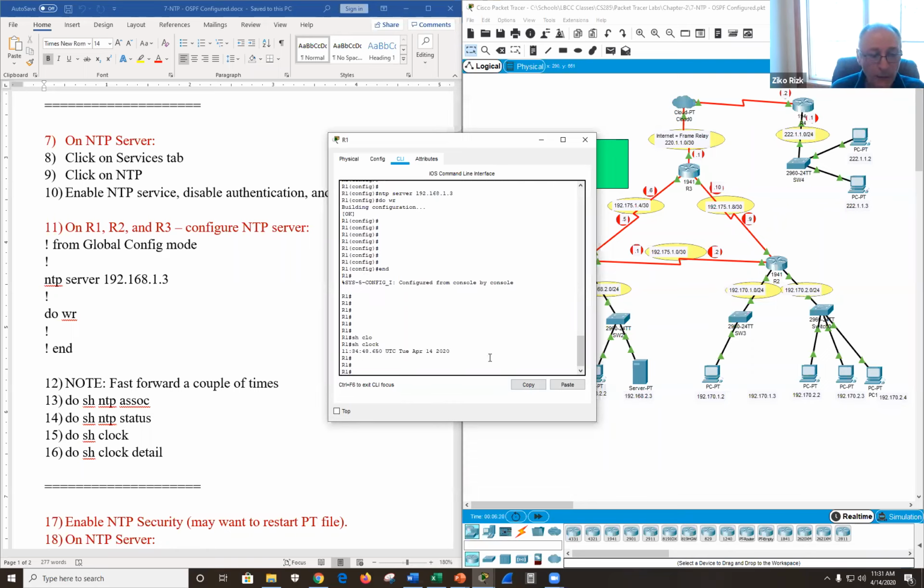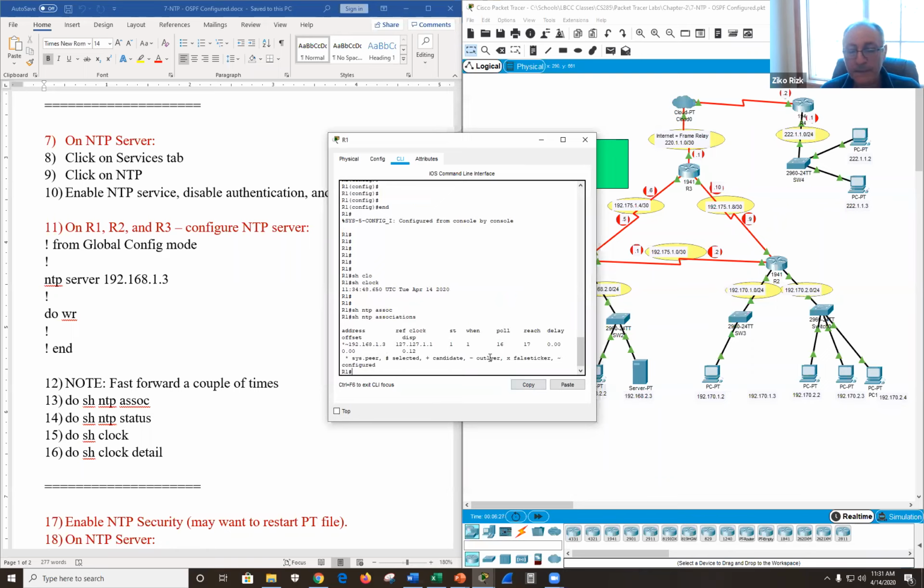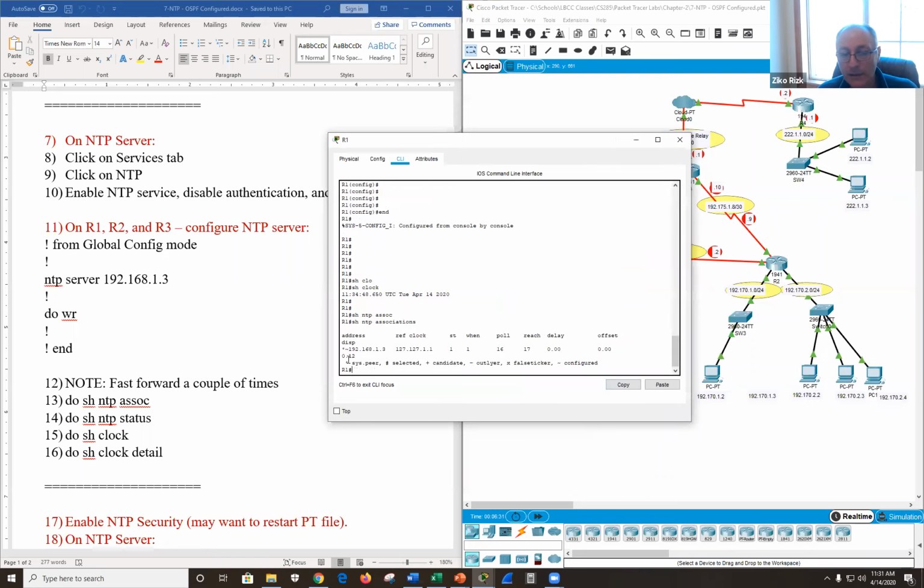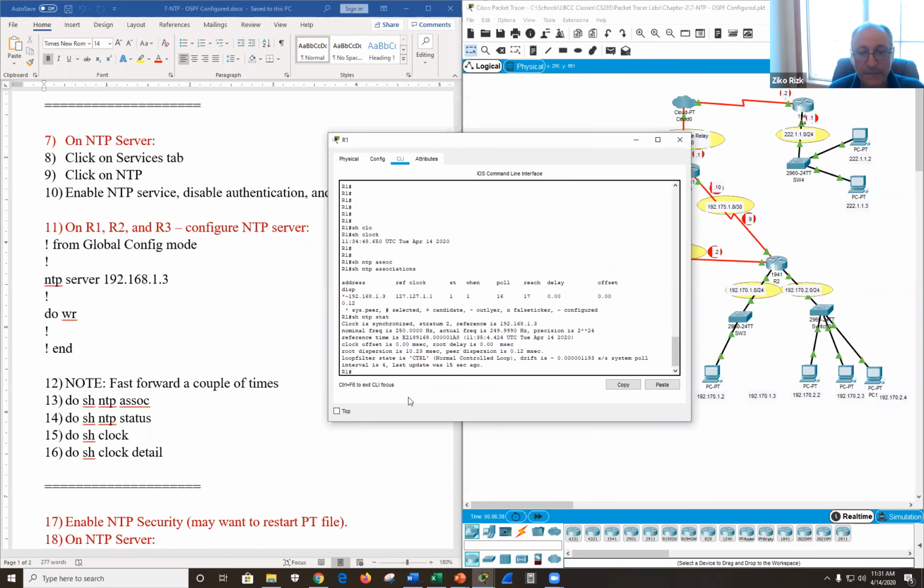And now if I was to do those commands again, show ntp associations. And you can see I'm synchronizing with 192.168.1.3 and status. It's a lot of details, but I'm synchronizing with 1.3.